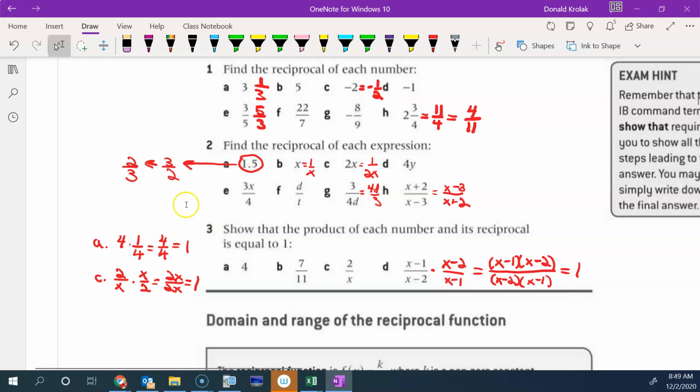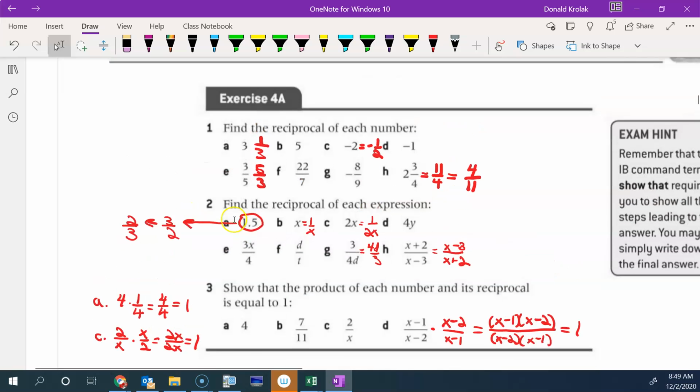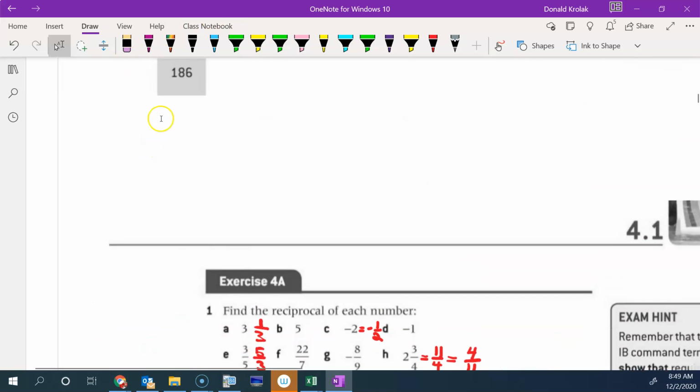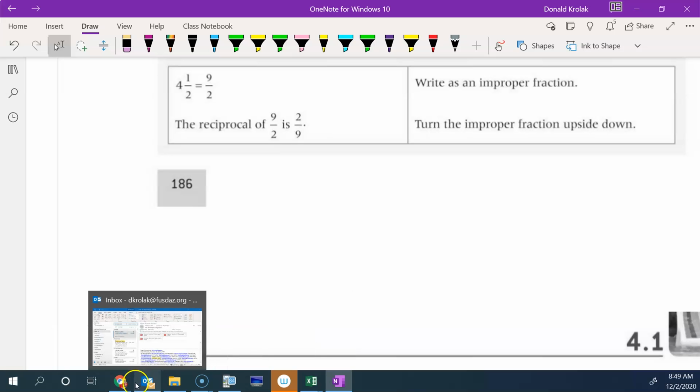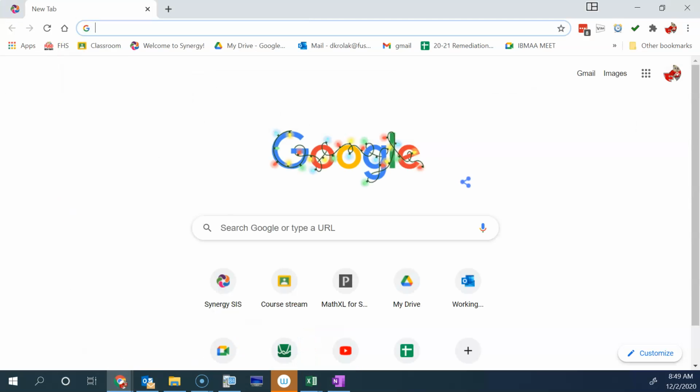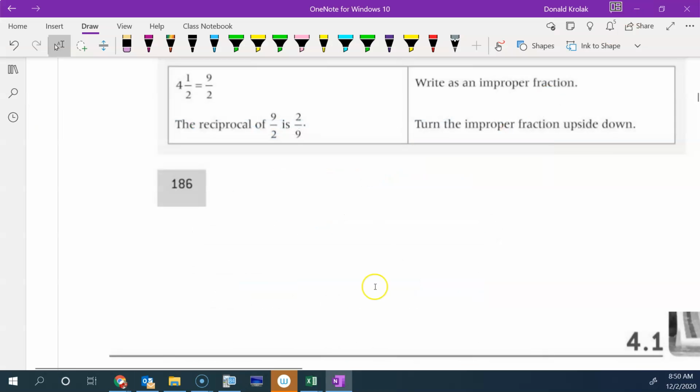All right, now what we're going to do is we're going to look at how you graph these functions, and what some properties about their graphs are. Just like we looked at quadratics and looked at properties of parabolas. Okay, the shape of a reciprocal function is a hyperbola. I don't know if you've ever heard of a hyperbola. Okay, a hyperbola is a type of conic section. Okay, your conic sections are a parabola, a circle, an ellipse,